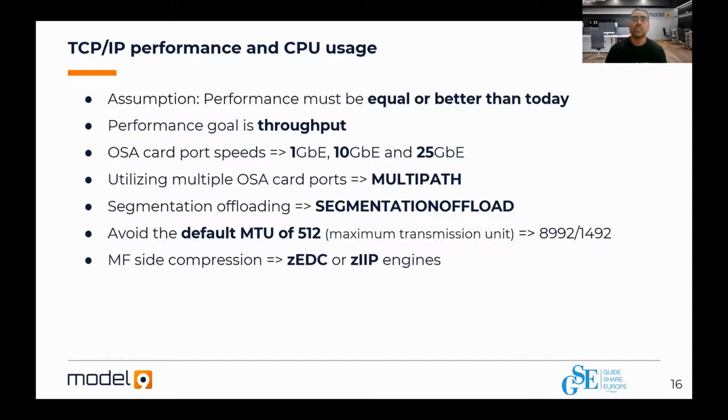Mainframe side compression, whether using the zEDC cards or the zip engines, or on the Z15 where zEDC is already generally available as part of the processors themselves, is very important for data management. A lot of customers don't have enough network infrastructure to push massive amounts of data, and compressing it on the mainframe really doesn't cost you. The zEDC and the zip engines can do that with great ratios, reducing the amount of data being sent over the network.